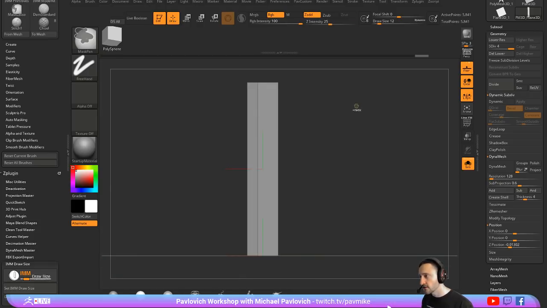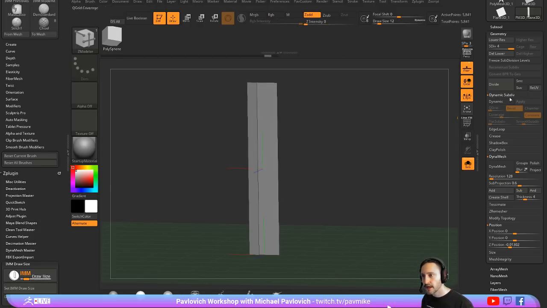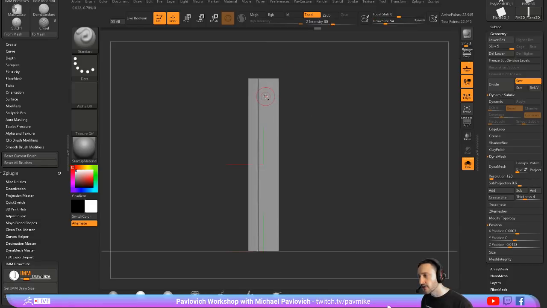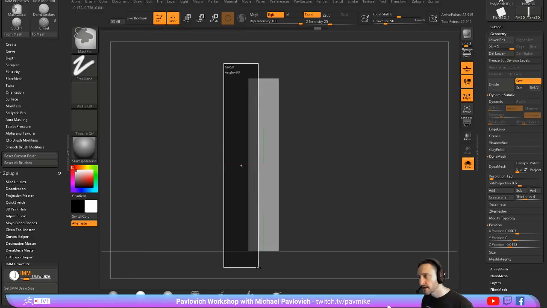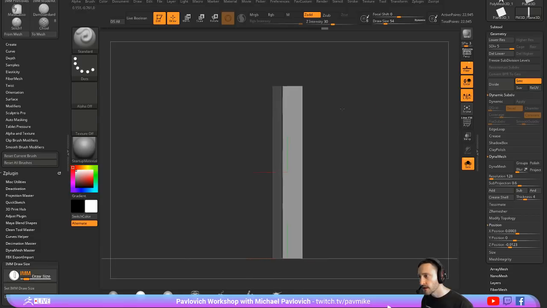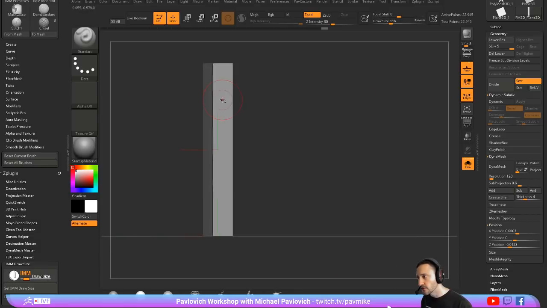So now as I continue to divide this up, once we've divided it up a bit, I don't mind going back, turning smooth back on. And now we can go through here and we can actually use smooth, and we can just dial this back a little bit. So we can have like a little fold in our cloth here, and then across here, we can go in here with our standard brush. I'm going to go ahead and mask this part out. And then as we're using our standard brush, we'll have lazy mouse turned on, just tap L, and we'll go through here,